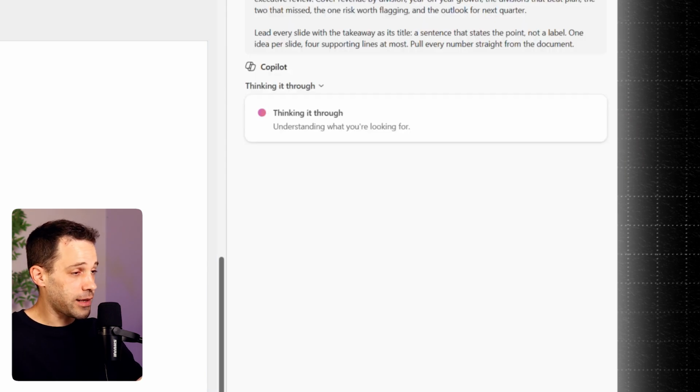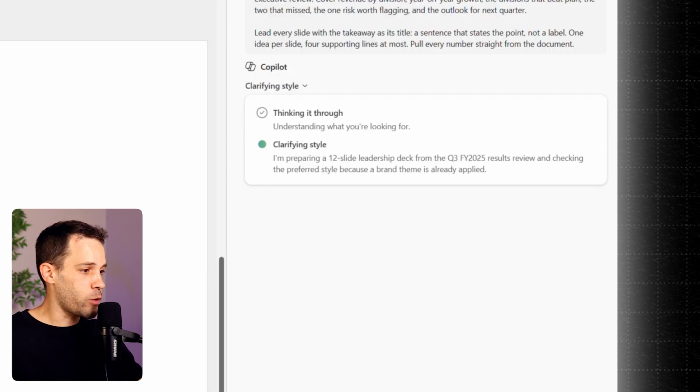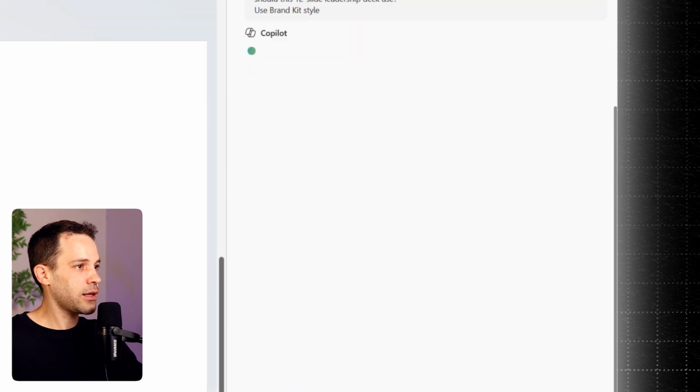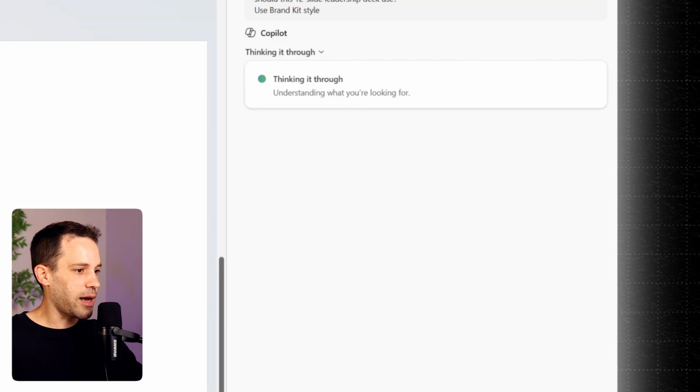Copilot is thinking it through for a bit, and it might be that on the way it will ask you a few questions, like for example here it's asking me if I want to use the visual style of the deck that I already have open or if I want to use the brand kit that I selected. So of course I want to showcase the brand kit, so I'm going to select use the brand kit, and then Copilot is thinking for a while and I'm going to accelerate all this part, but eventually after a while